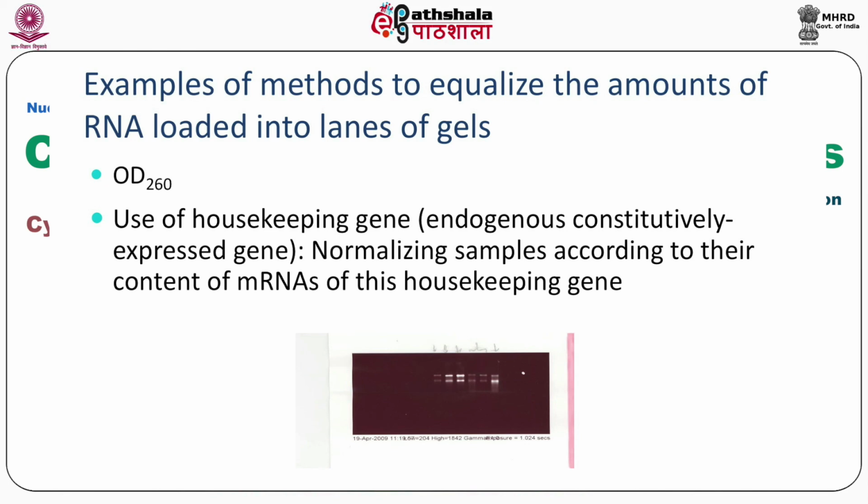Okay, so the examples of methods to ensure an equal amount of RNA is loaded into the gel are, first of all, using a housekeeping gene. Number two, we visualize them and then look at the band intensities. And number three, you measure the absorbance of these different molecules, and you follow these concentrations exactly and load them equally. So that is also very important. Don't make a mistake in the calculations, because that is going to be disastrous for the whole experiment you are supposed to do.